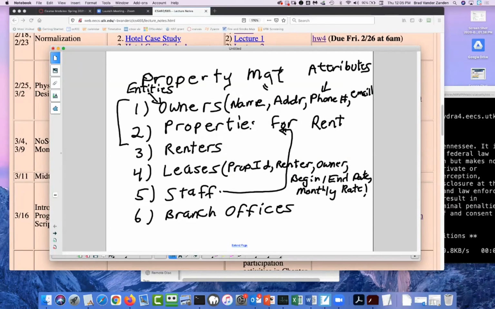So what we're interested in doing is figuring out how to model these entities and attributes and how to be able to query this information in an efficient way. Okay, so what we have is